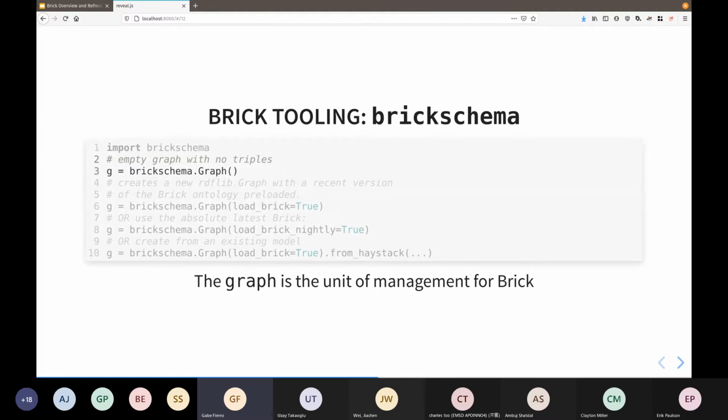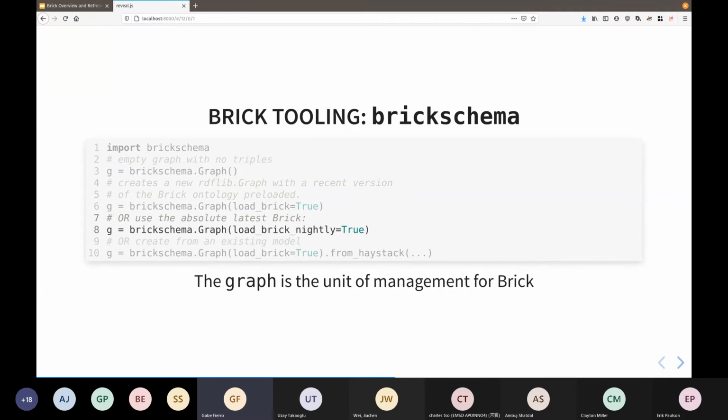In order to use it, the graph is the unit of management for Brick. So we want to create a new graph. We can put triples in there, and that represents our building or our campus or whatever it needs to do. So we can create an empty graph. We can create a new graph that has a recent version of Brick already loaded into it.